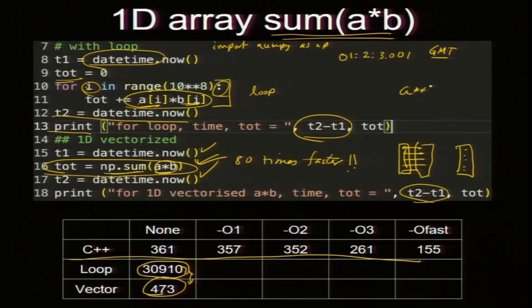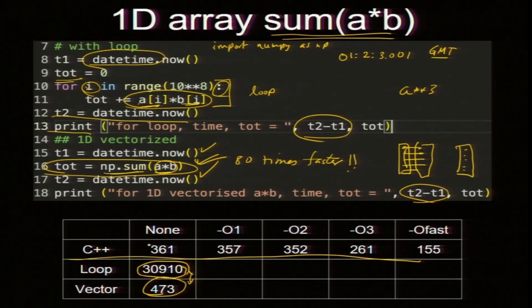Now, not only A star B, other things like sine of A or A plus B or division, all of it you can do with vectorized operations. I want to exponentiate the array, A star star 3, that means every element will be cubed. Okay. So, that is one lesson we learned, that we should use vectorized operations not only in Python, but also in C, Fortran, we should do that.